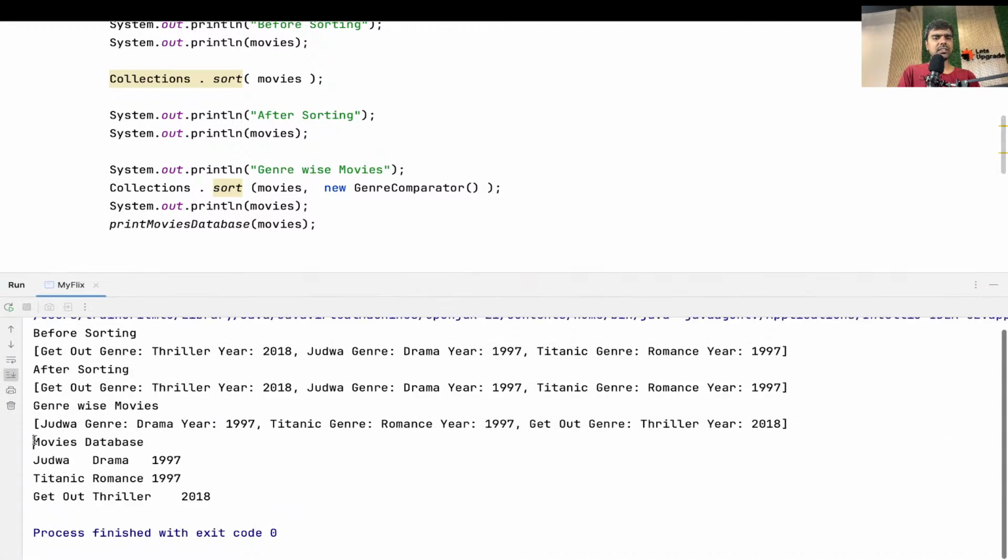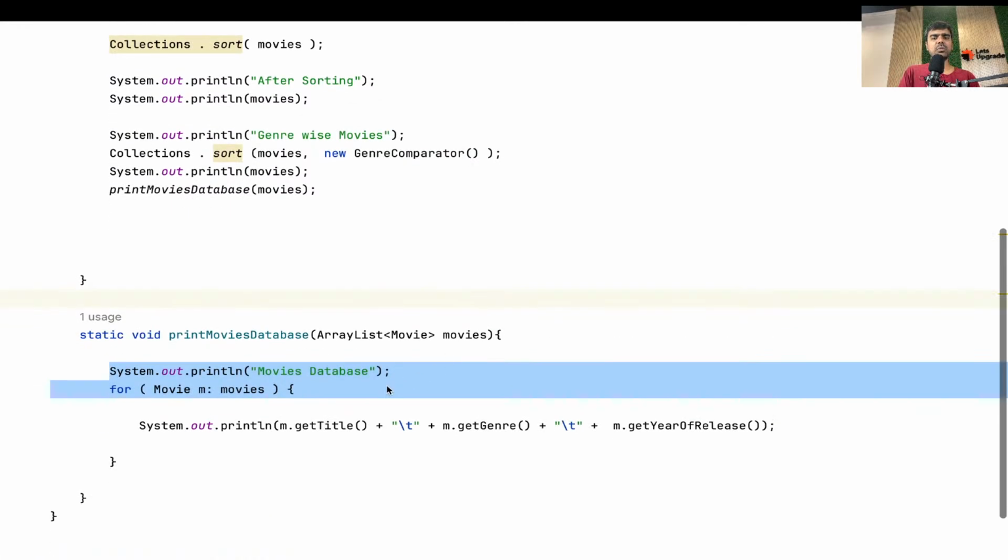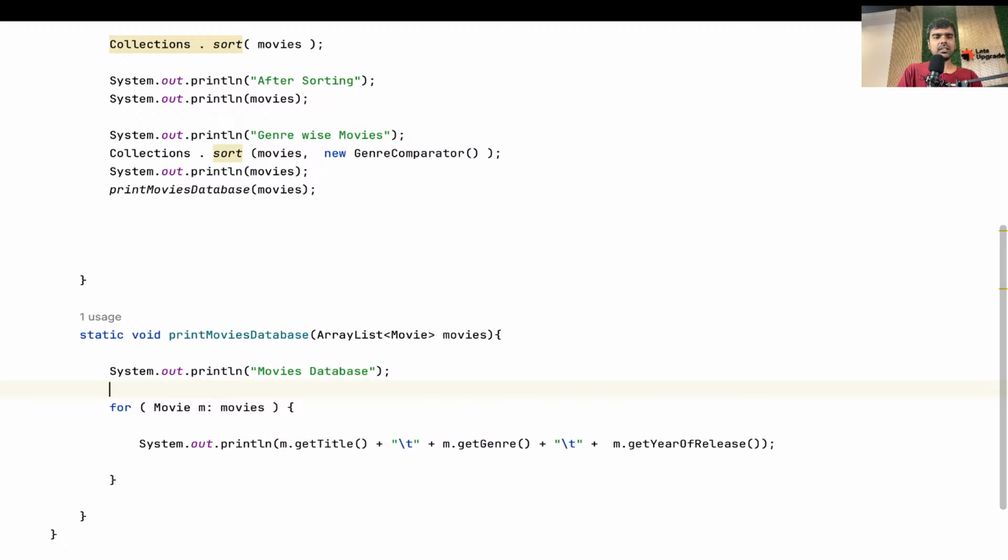Okay, it prints movies database like this: Judwa drama, Titanic romance, Get Out thriller. You can make it more beautiful again. It's up to how you want to print it. So what I can do is, just below this,